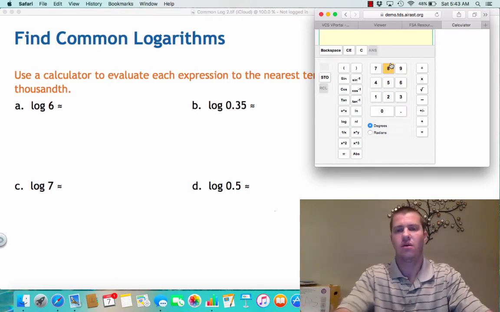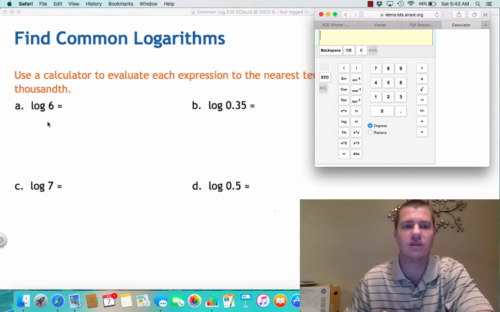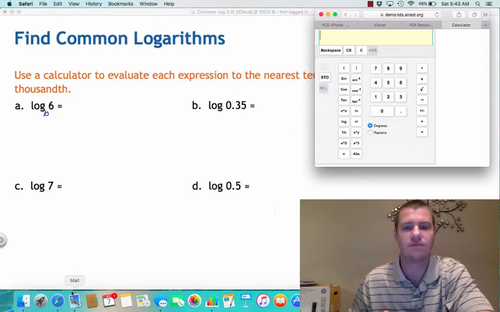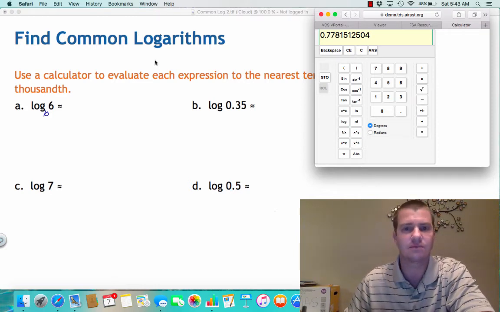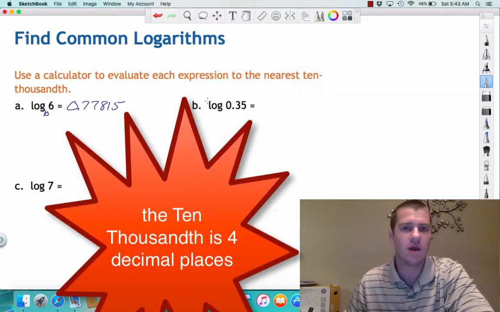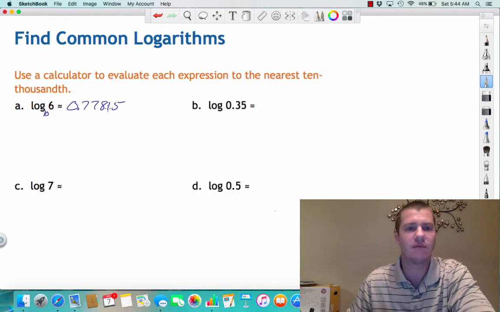You have log of 6, and understand that this really means log base 10 of 6. Because it's base 10, I just need to do log. In this calculator, it's log of 6, in the parentheses, press equals, and that's the log of 6. It says round to the nearest 10,000th. 10,000ths is 4 decimal places. To get 4 decimal places, I'm going to take this 5, round this 1 up to 2,